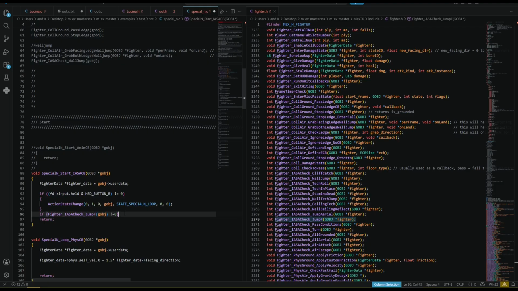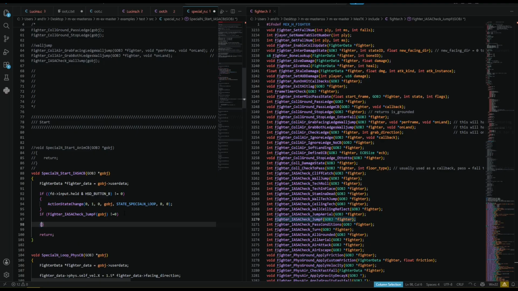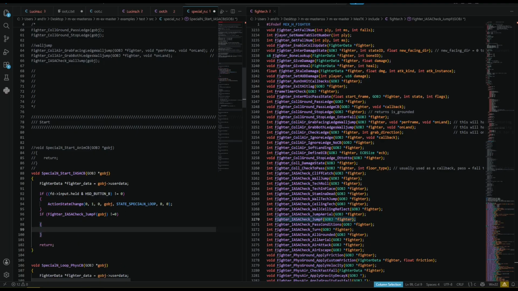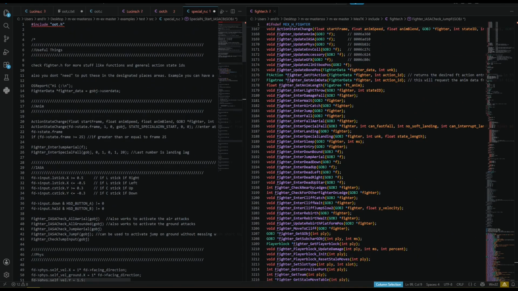Just like if it's doing it. So go down here and then enter. Then I could even just do a jump enter. I think I have up here